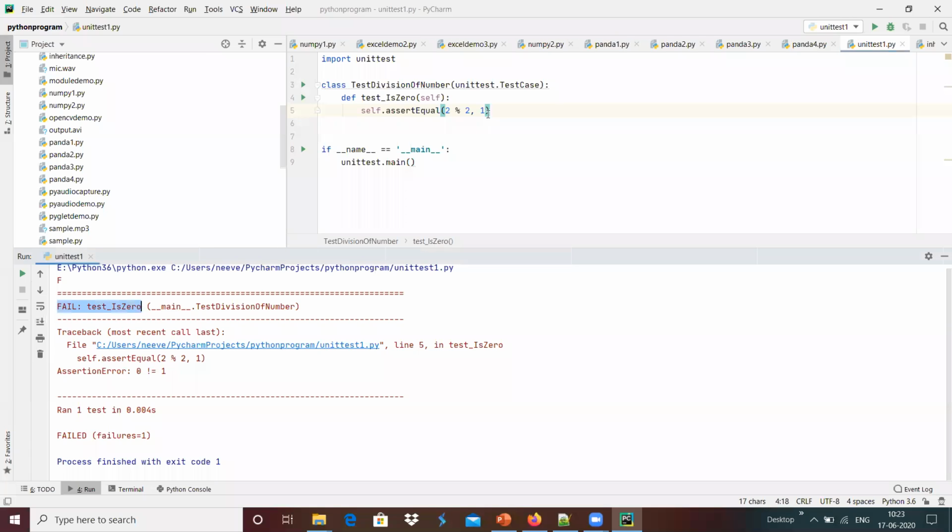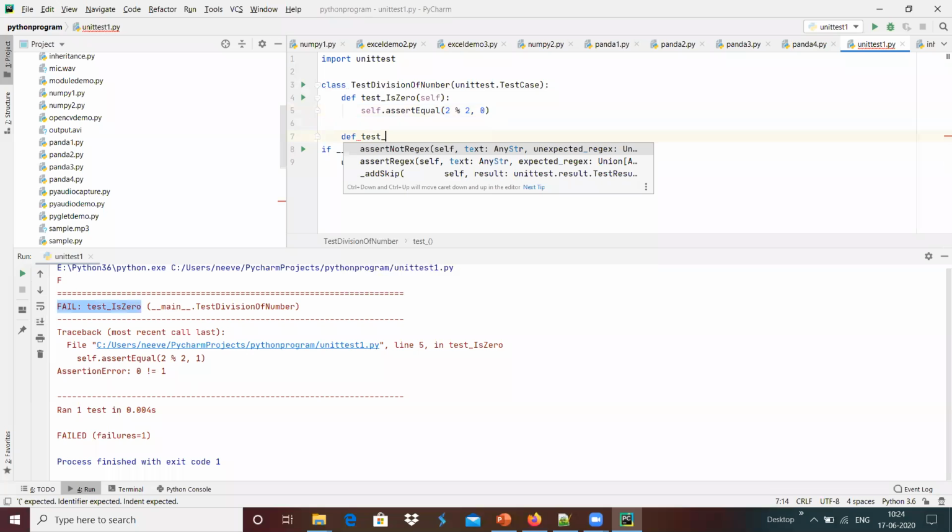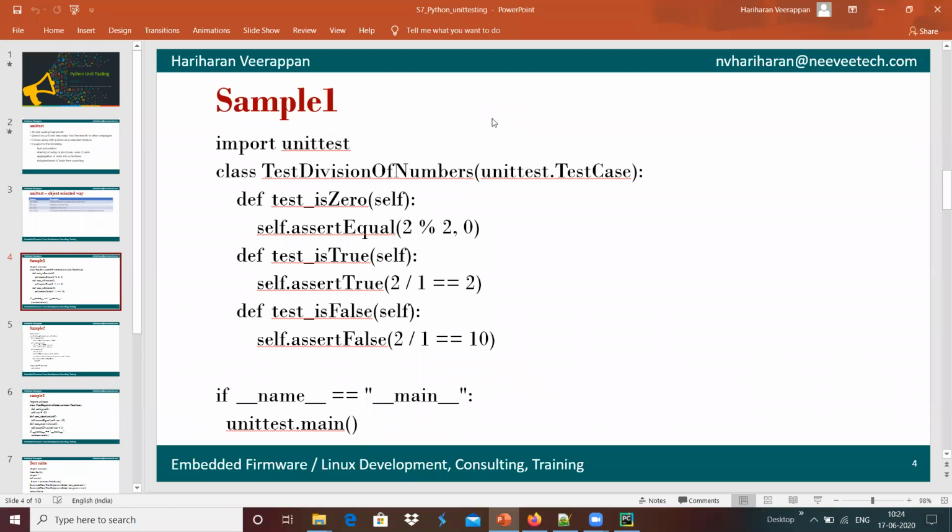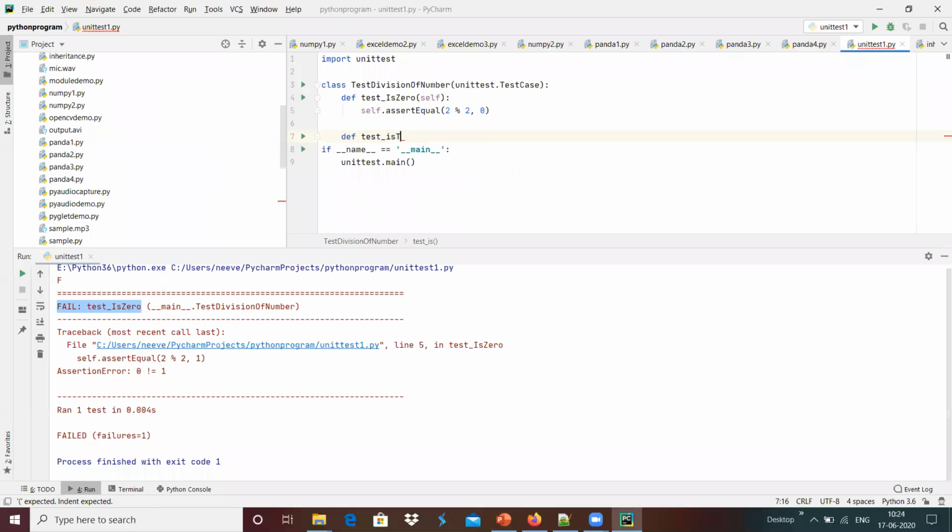In a similar way, this is a very simple example over here, and maybe we can do it a similar way. For example, test is true or false, that we can do.